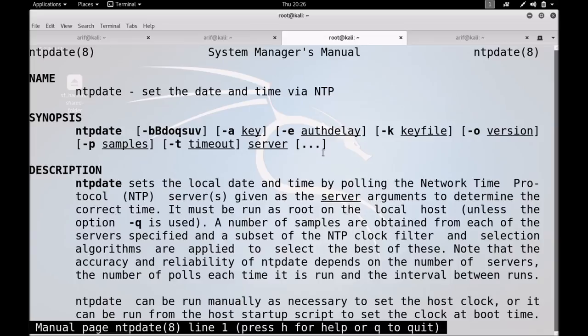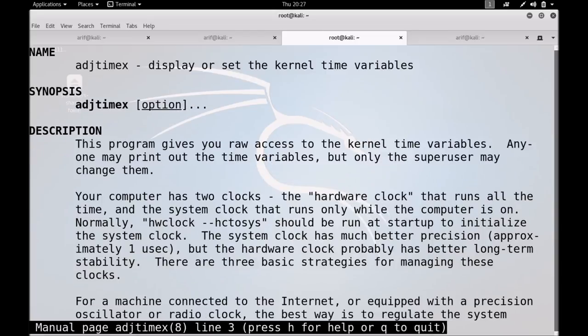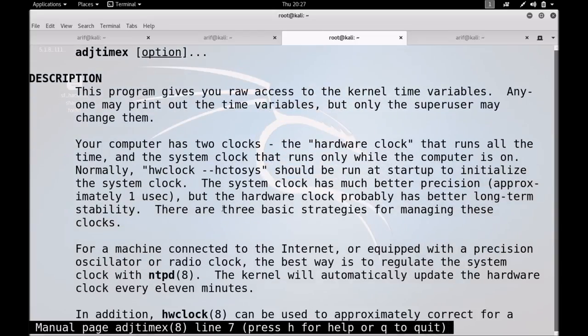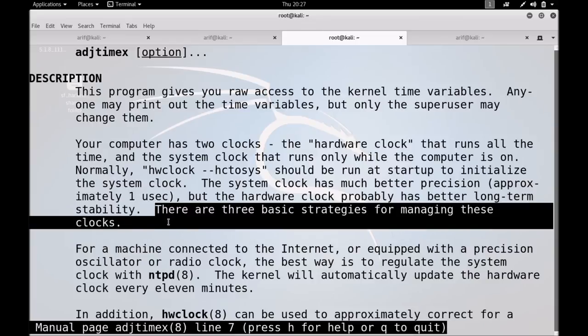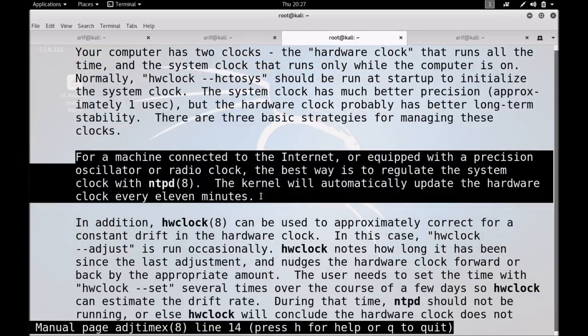Well, students, there can be three basic strategies for managing these two clocks, the hardware clock as well as the system clock. The first strategy is that if your machine is connected to the internet, you can easily use the network time protocol to update the hardware clock as well as the system clock of your system.